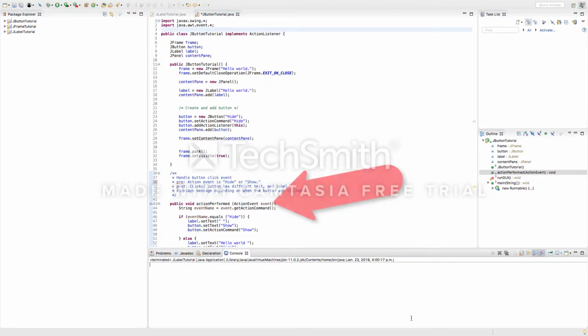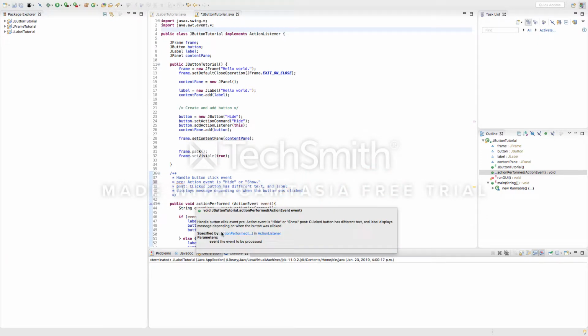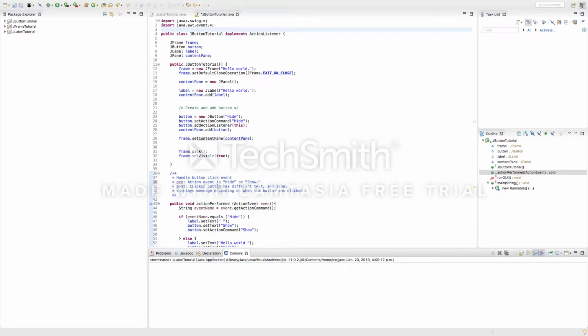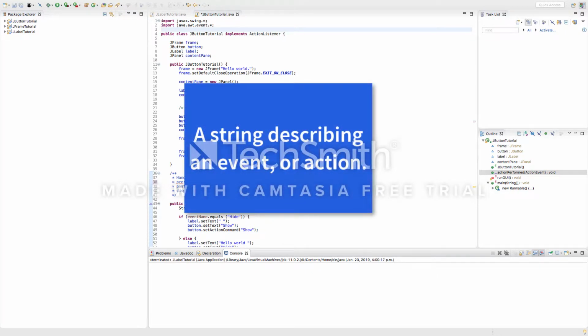And the actionPerformed method, which you can see down here at the bottom of my code, has an action event parameter passed by the GUI when an event occurs. The action event object includes an action command,